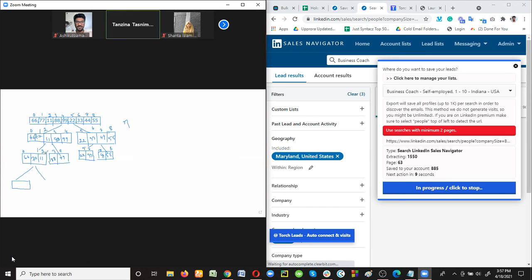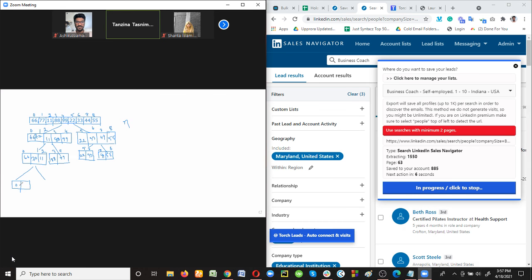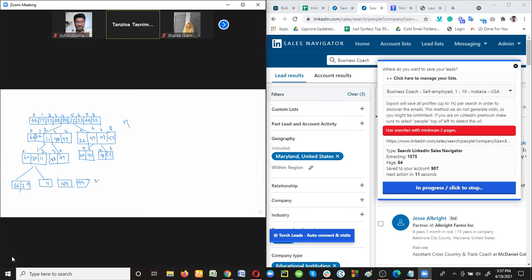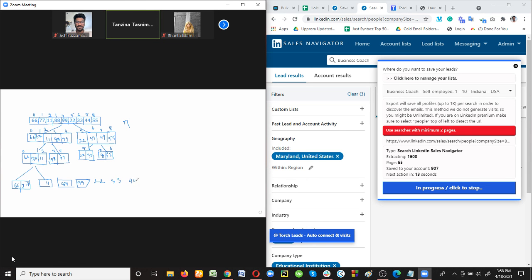Lower bound is 0 and upper bound is 2. 0 plus 2 equals 2. 2 divided by 2, that is 1. So we'll take the first 2 elements in this half of the array, 66 and 77. After that, 11. Then this one will be divided into two halves, right? That is 88, then 99. And the next one will be 22, then 33, 44, and the last one is 55, right?